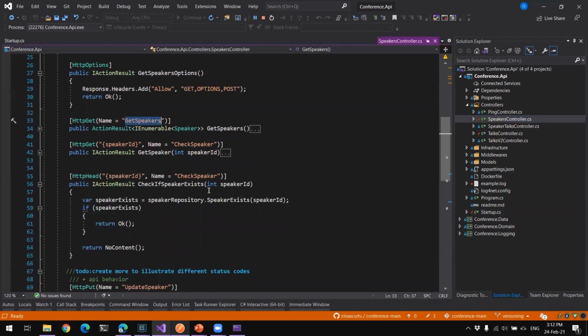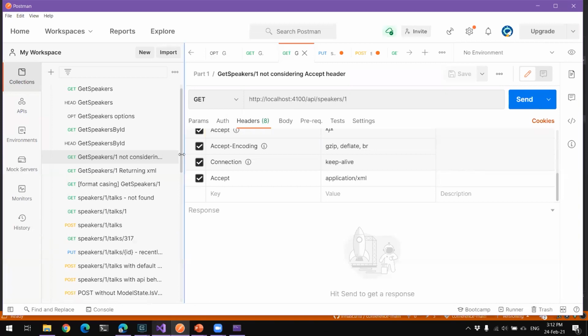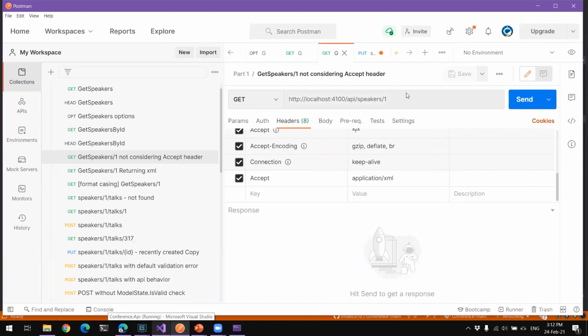So there are a lot of things that you can simply add in here and you can tweak, and it works just fine. For example, I have a Postman collection that will simply make a request to the endpoint and get what I want. For example, I have localhost because I'm running on localhost. I have speakers and I have the speaker by ID because this is a convention that we all kind of use.